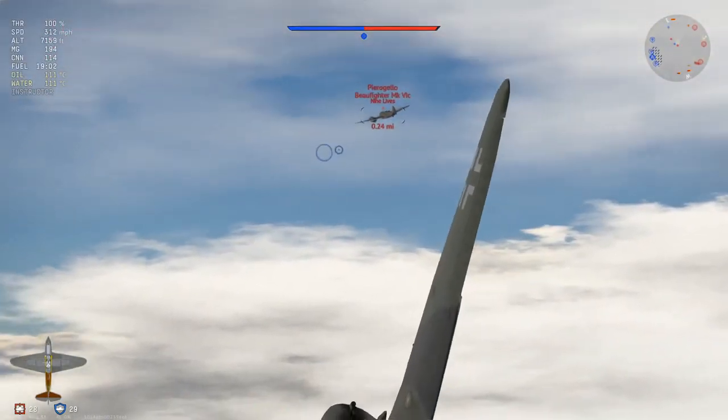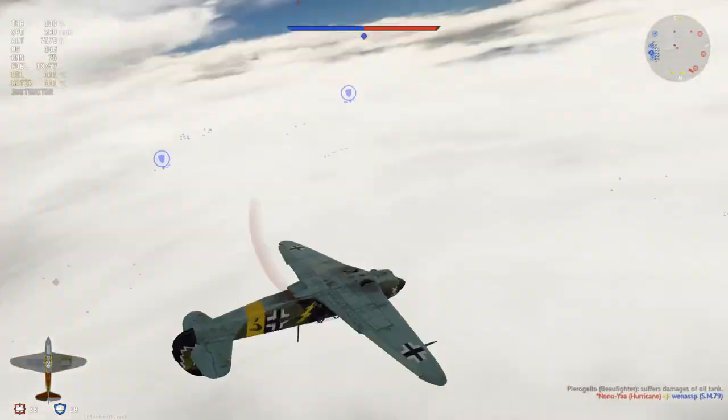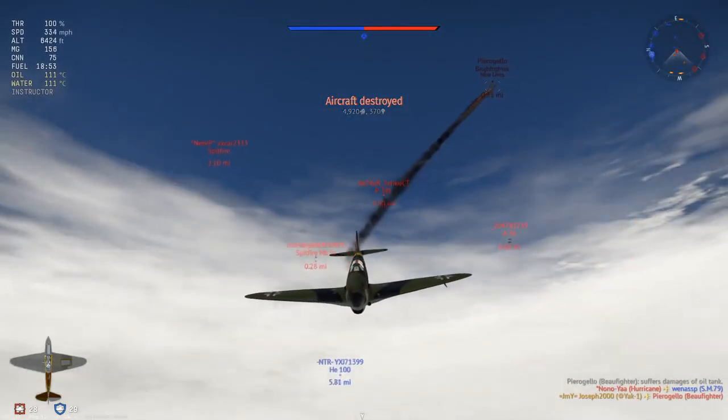Right, Bowfighter looks to be low on energy. He's still a threat. Oh, that is horrible shooting, Joe. That is horrible shooting. Right, the Spitfire's glued in my arse. That's a kill, but...